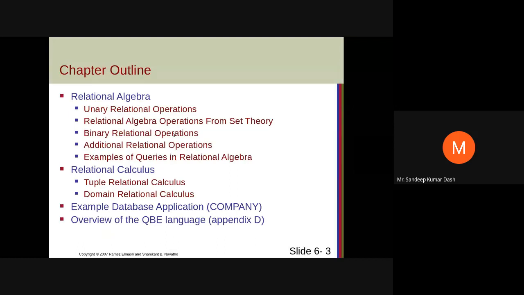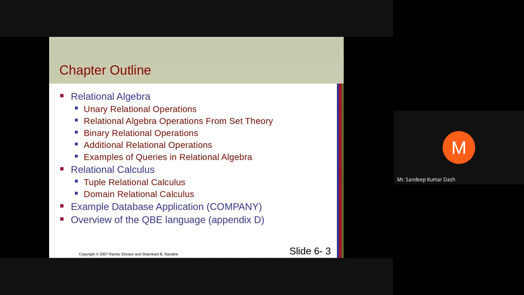So relational algebra is a formal language. It's a formal representation of the query that you are writing. It has these operations: unary relational operations, then some set theory operations. Then there is another part called relational calculus, under which you have tuple calculus and domain calculus.